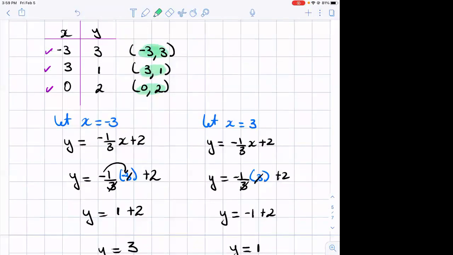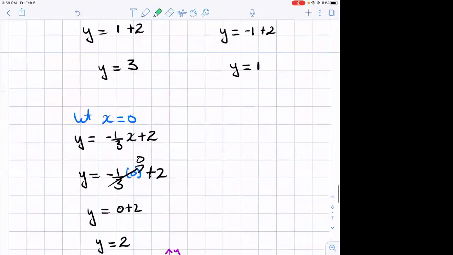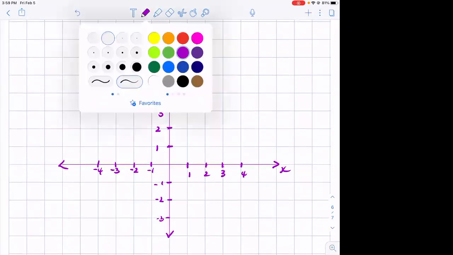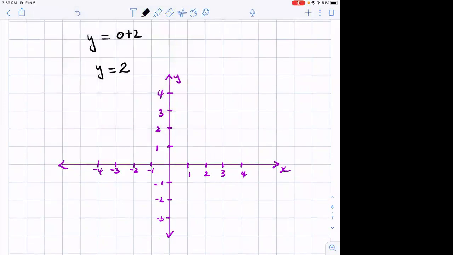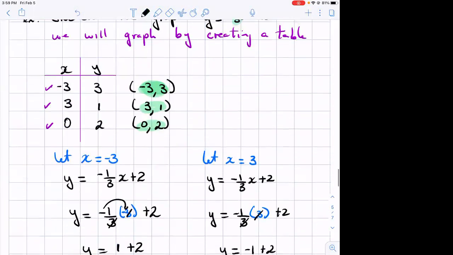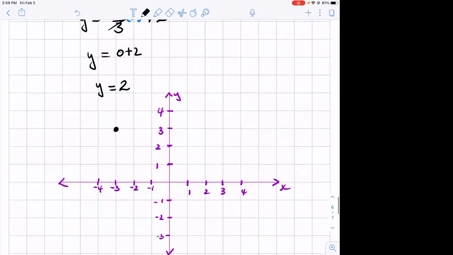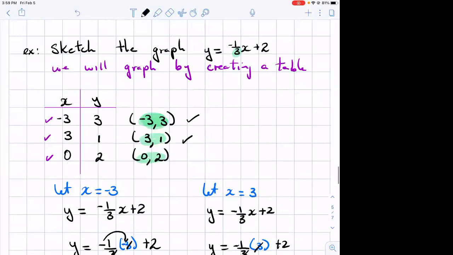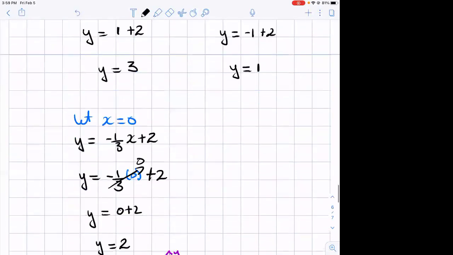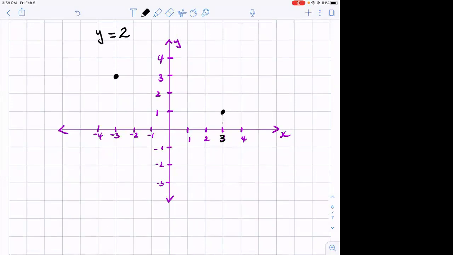So the first one we want to plot is x is -3, y is 3. So x is -3, and then y is positive, so we go up, and that's our point. The next one, x is positive 3 and y is 1, so that's my point. And then the last point to plot is x is 0, y is 2. Remember 0 is here, y is 2. And then if we connect those three dots,